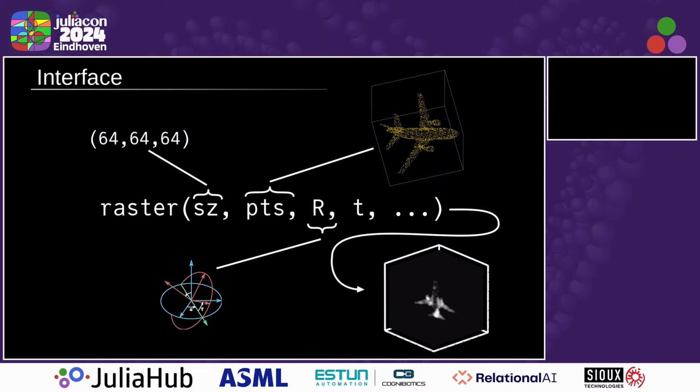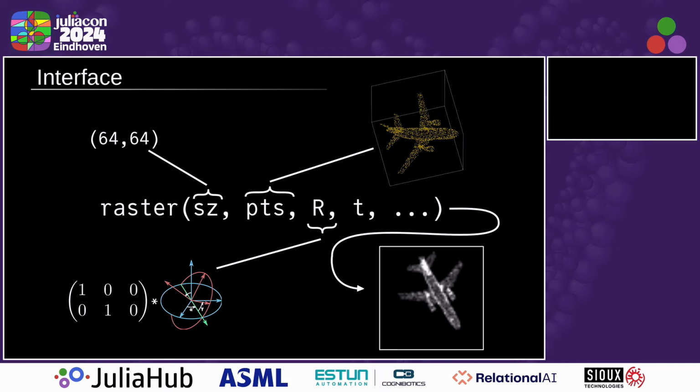In this example, this is just a rotation matrix, and then we end up with a 3-dimensional image consisting of voxels. We can use the same point cloud as an input and raster it into a two-dimensional image. So therefore, we just provide a two-tuple as the size. But now we need to provide a matrix that projects down to 2 dimensions. So we basically pre-multiply this rotation matrix with a projection matrix,